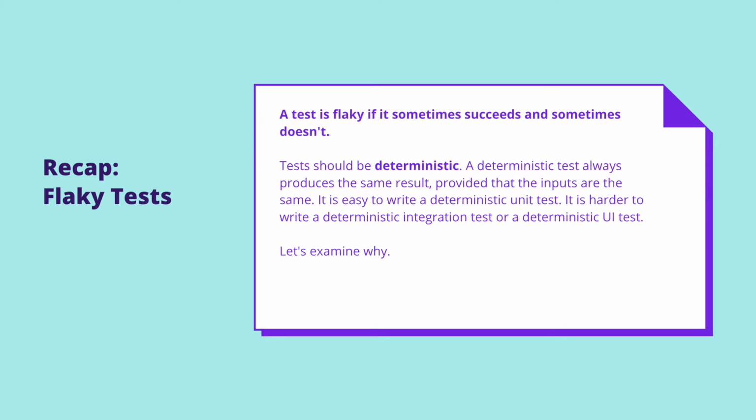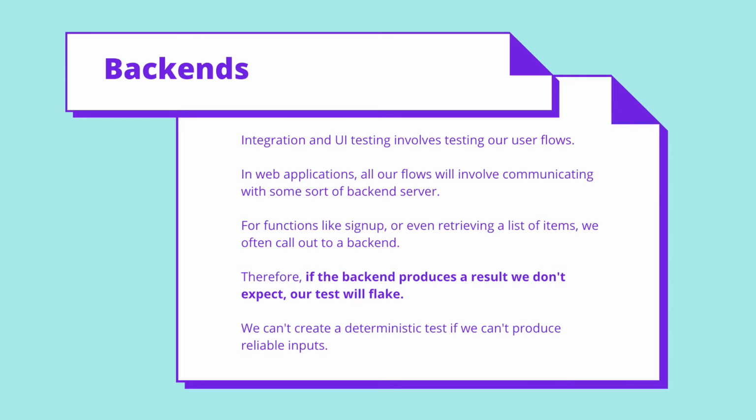Writing a deterministic UI test can be quite difficult because the UI is exposed to a lot of asynchronous behavior and time-based behavior and so on. But non-deterministic tests are not a good option. In this section, I'll be talking about what causes a test to be flaky and ways that we can look at fixing this. The first cause of flakiness we'll discuss today is that a UI generally interacts with some other